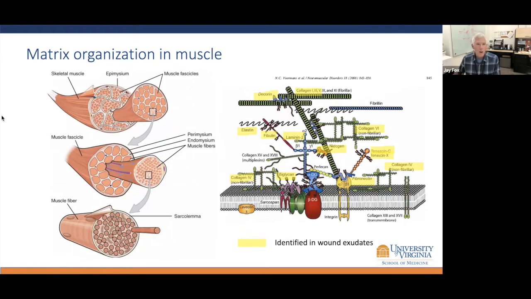If you recall from your high school or college days, the structure of a muscle, you have a muscle here. It's surrounded by this epimysium, a matrix of sorts. And then you have the muscle fascicles here, within which you find the bundles, and they also are surrounded by a perimysium and an endomysium,